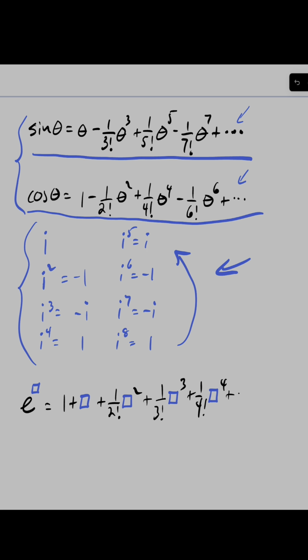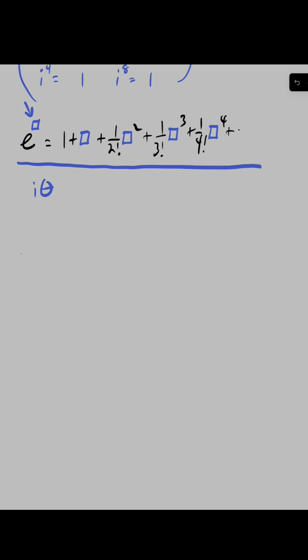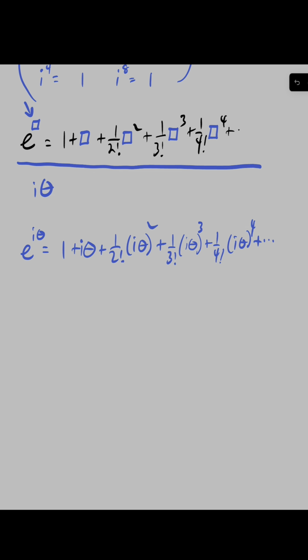But here's what I want to do now. You also noticed from the animation that e to the x can be written as this infinite sum. What I'm going to do now is I'm going to replace the box with i theta. So everywhere I see a box, that's what I'm going to do. And now that's equal to,